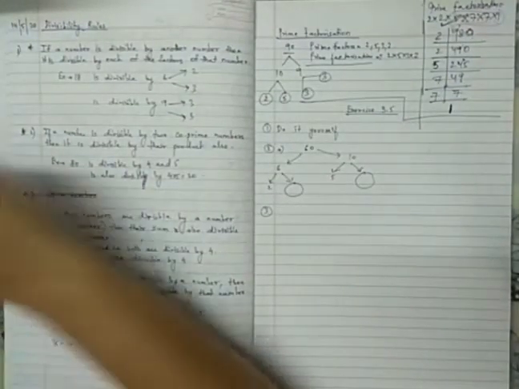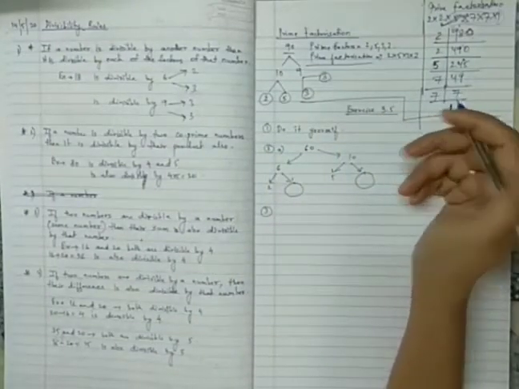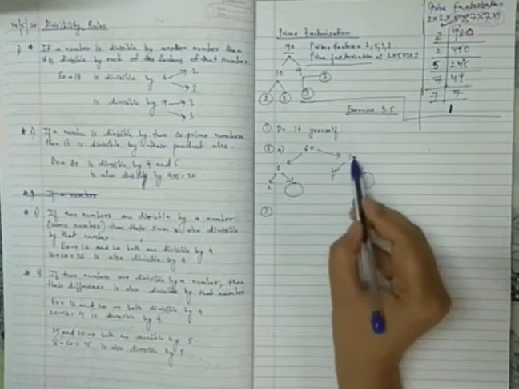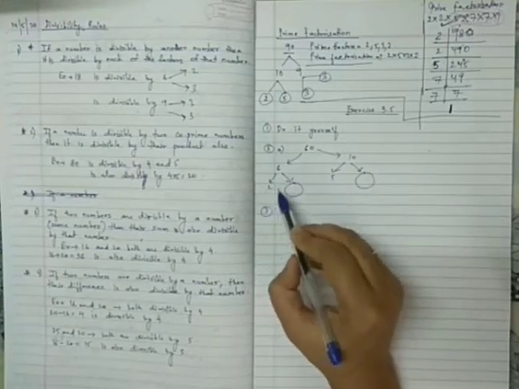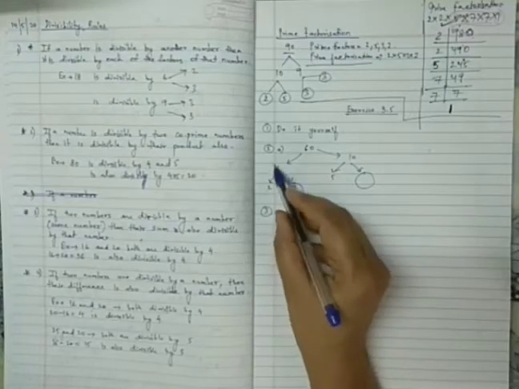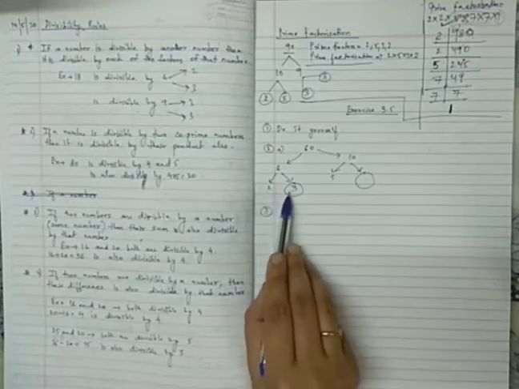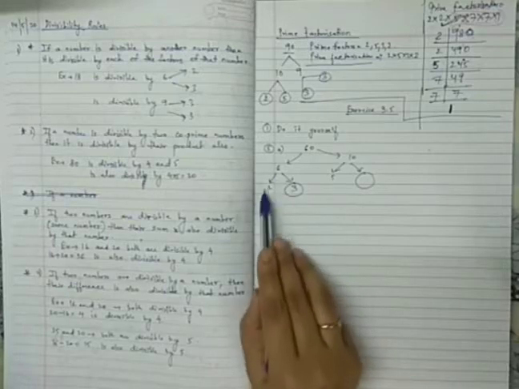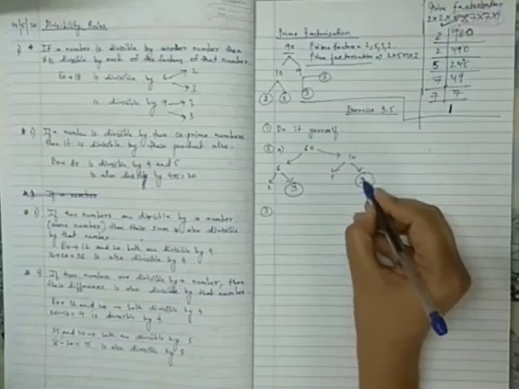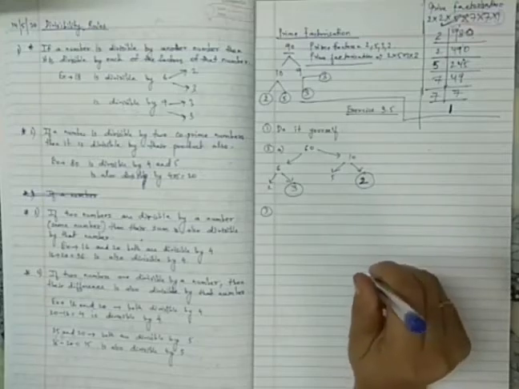Question number 2 is, here are two different factor trees of 60. Write the missing number. Okay, let me do the A part. 60 is divided as 6 into 10. Now 6 is further divided into 2 and what will this be? This will be 3, because if a number is divisible by both numbers, it will be divisible by its factors. 6 is divisible by 2, and it is also divisible by 3. Now 10 can be further divided into 5 into 2. So that is how you do the second question. Now the B part you do yourself.